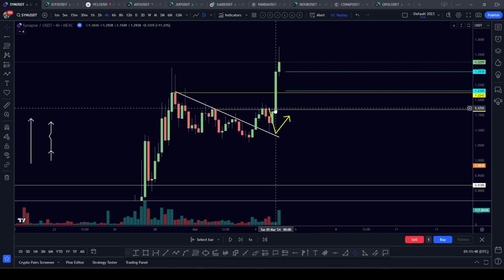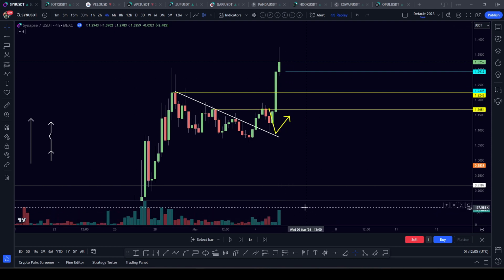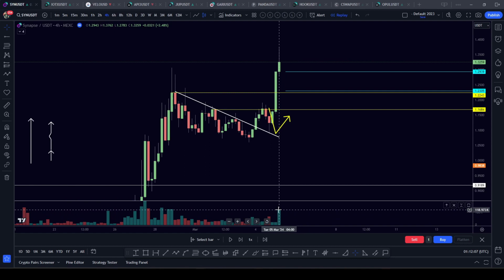People are seeing that it broke out of this level, and they want to get into this trade because this one's going to the moon. That's what they all say, right? This one's going to the moon. So they're entering this trade and it resulted in increased volume. So more buyers and sellers are happening right now. So price is coming up.